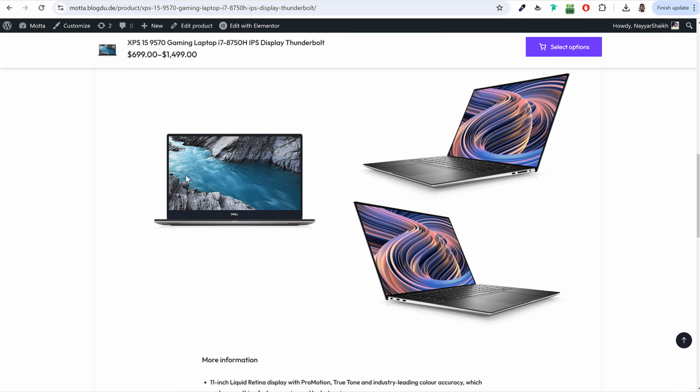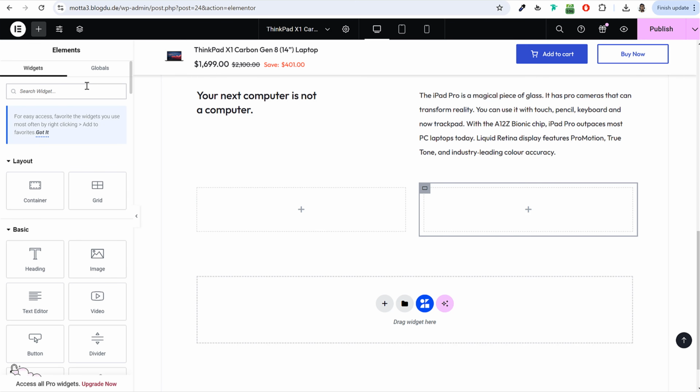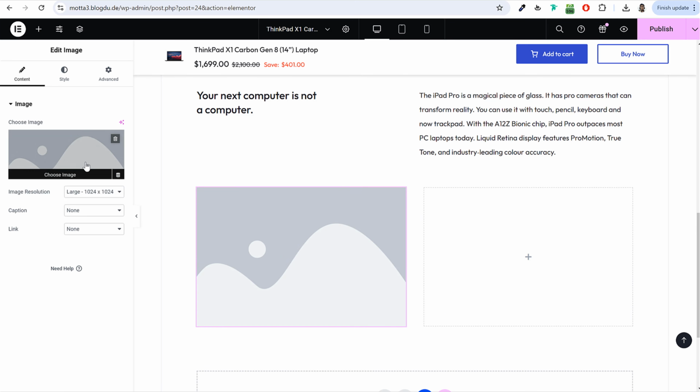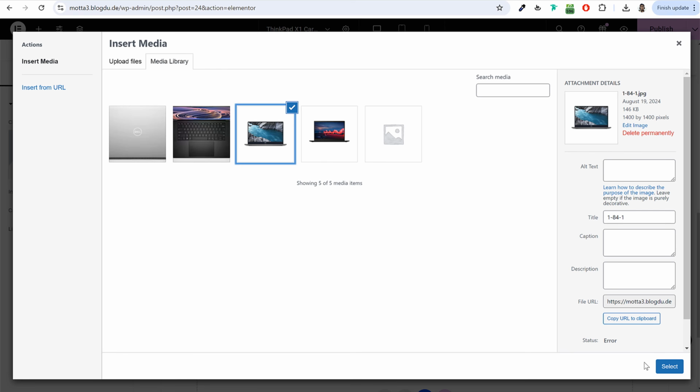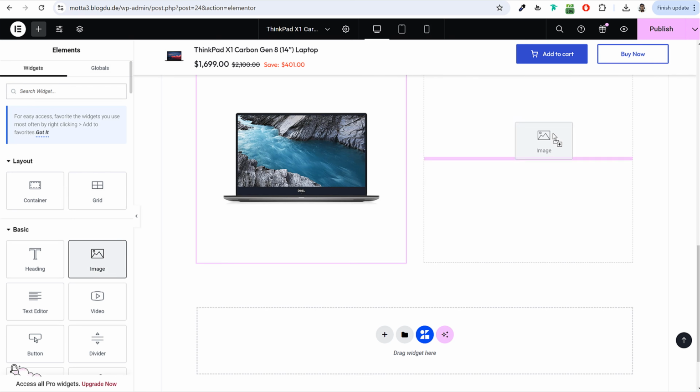Now on the left hand side we want this image, or whatever image you want, you can add that. So again, click on this plus button and search for image, bring it over here. Now if you want to upload this image or whatever image, you can upload that. Now on the right hand side, again do the same thing: plus button, search for image element, drag and drop it